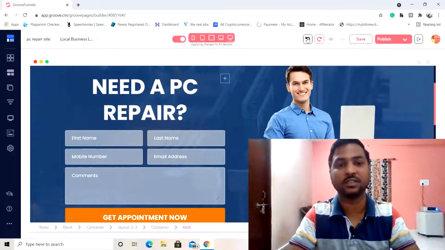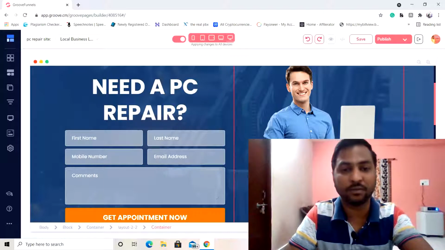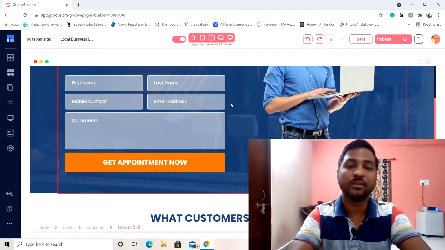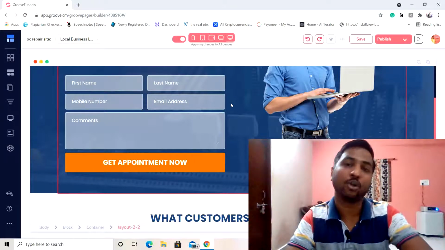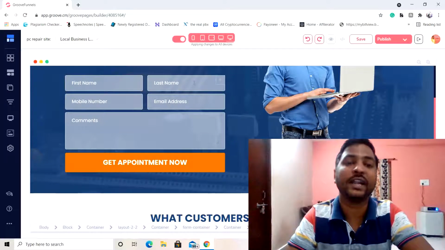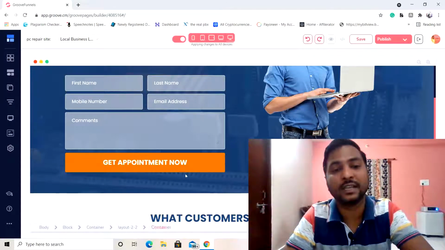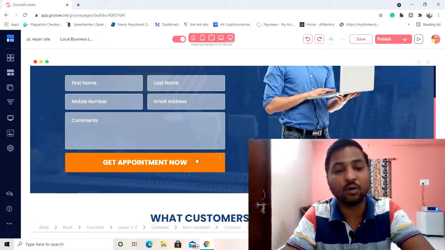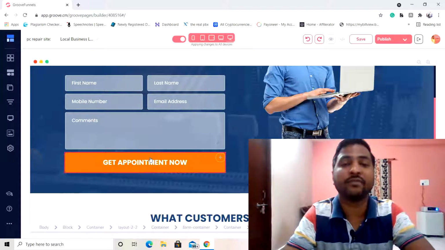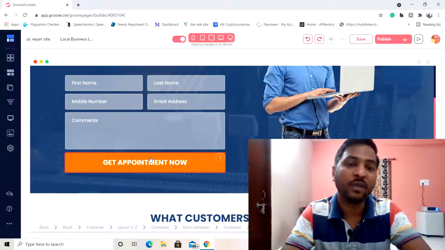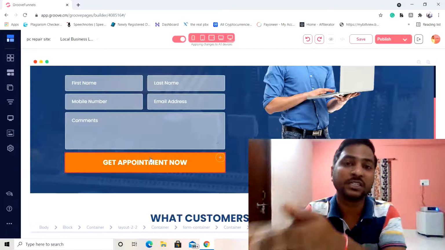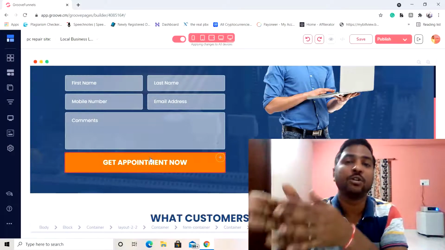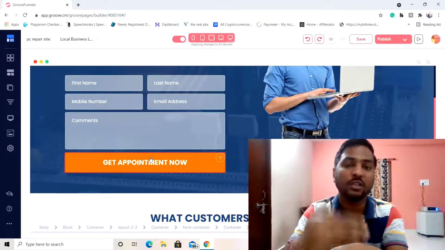What I'm doing, I'm just changing it over here, and I'm leaving it with the PC repair thing. And you can see that the form is already provided over there. It is a call to action form, where the client will go ahead and fill up their information, and they can book an appointment directly with you. We will go ahead and learn about how to integrate all these things, that if the client fills this particular form, where the details will be received. Either you can get it on a Google Sheet, or you can receive it on your email directly. Okay, we will go ahead and learn all these things one by one.